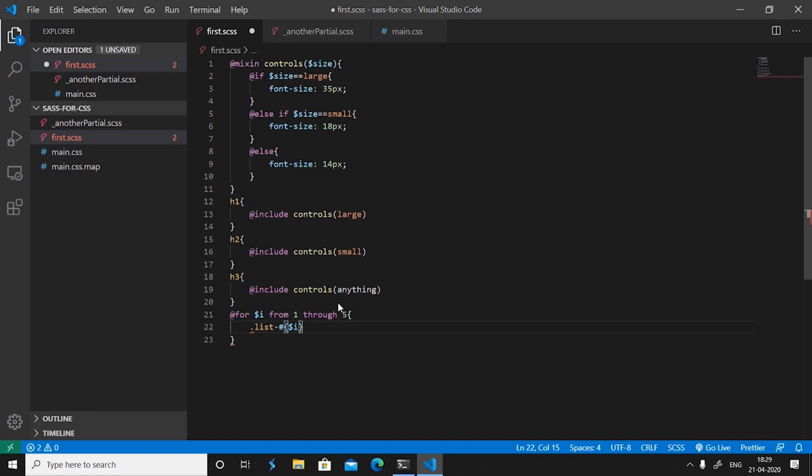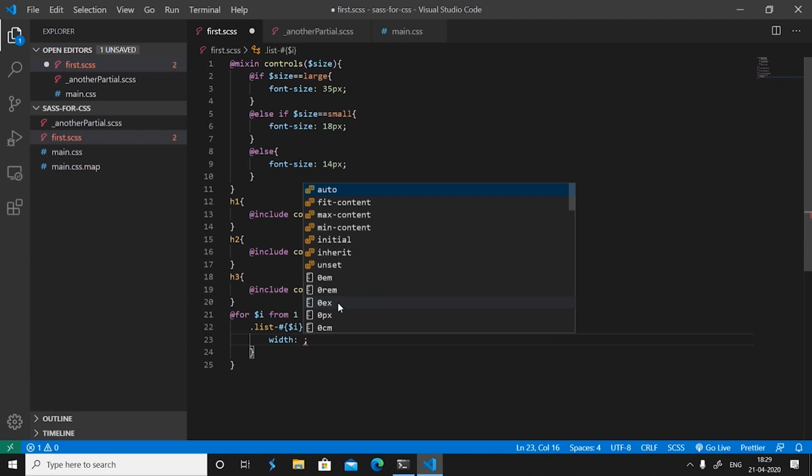This gives the class a list 1, list 2, list 3 according to the loop's condition. And then we say the width is equal to, let's say, 2 pixels star the value of i.